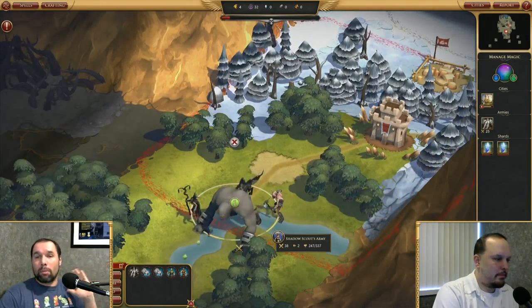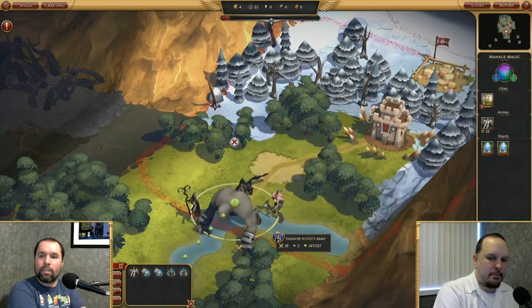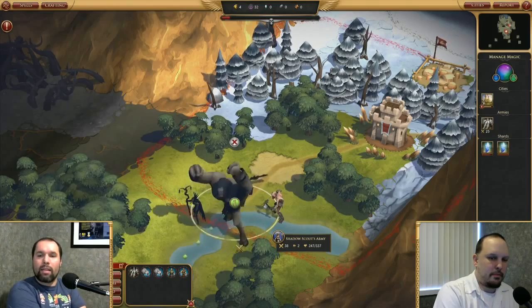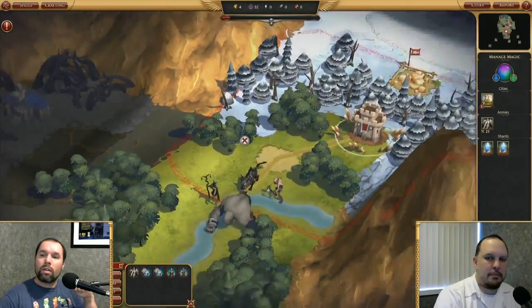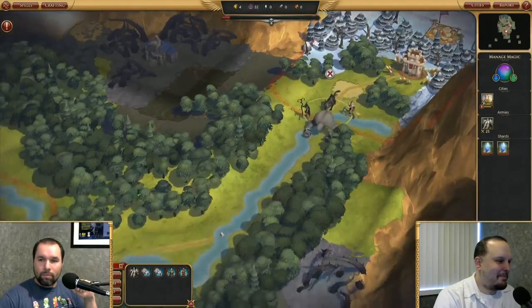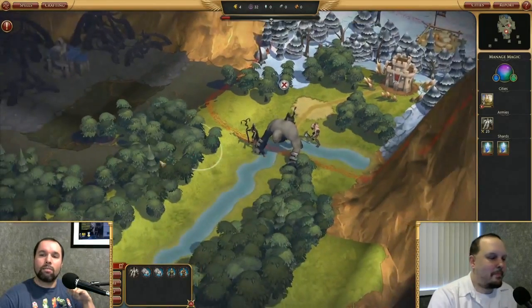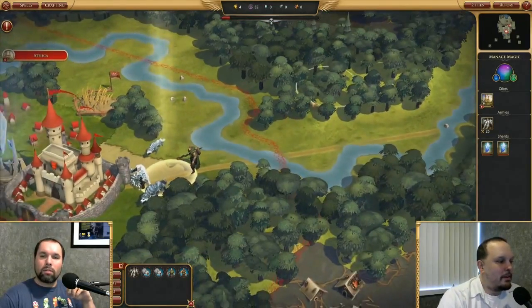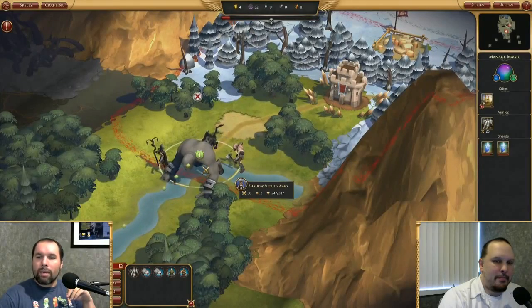A lot of times people ask what the big changes are between LH and SK. One of the big things is that you can set up your outposts in your cities to do damage on the main map, which we're learning is super, super useful when tied with certain spells, because we gotta whittle these guys down. Oh my gosh,